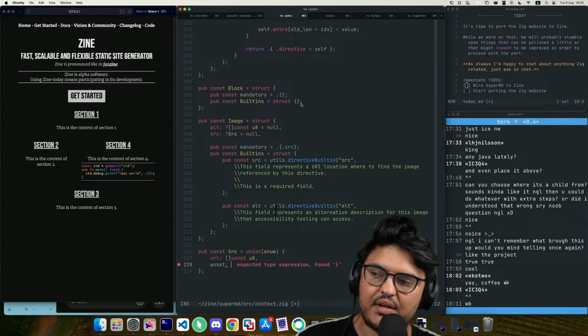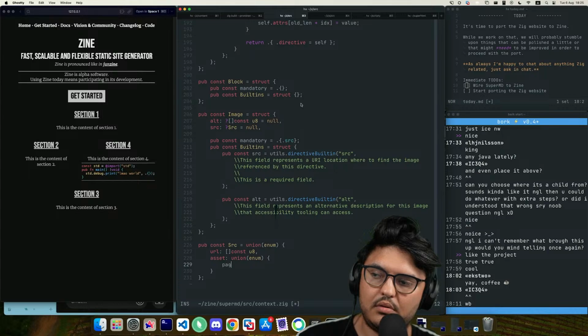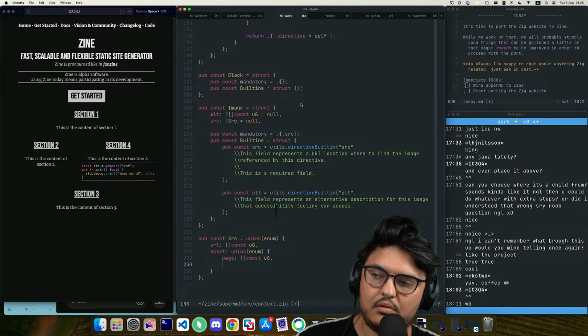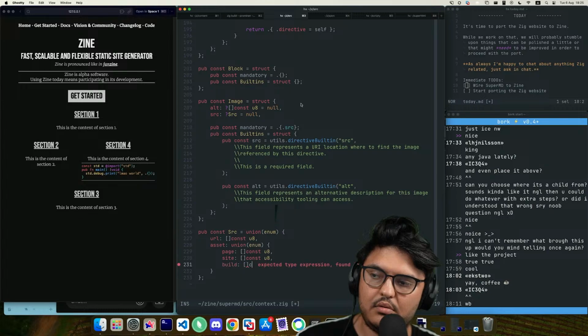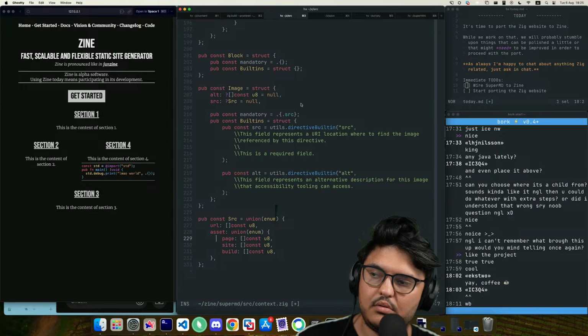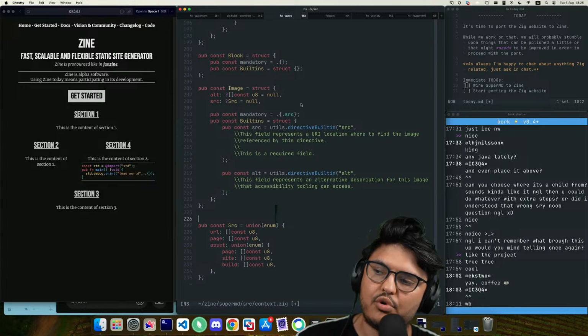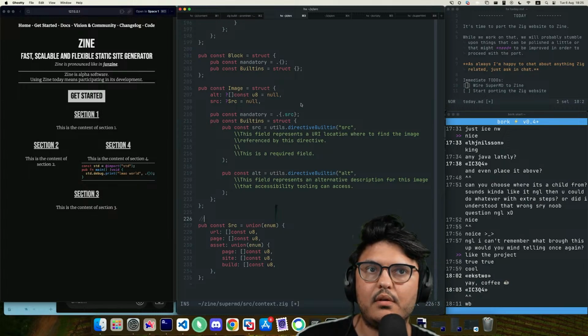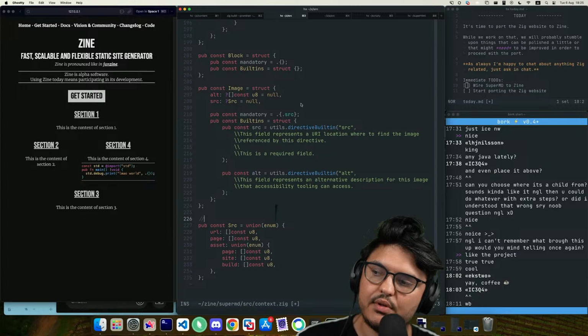We can say that it's an asset. So we're making these a little bit more general than just images.